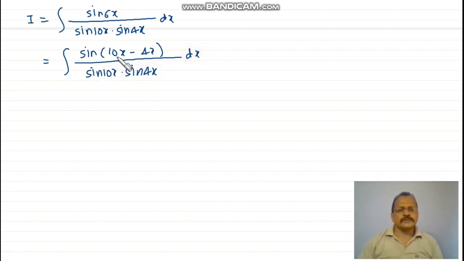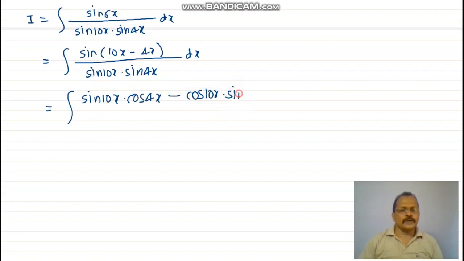Use the formula of sin a minus b, and here it is sin 10x into cos 4x minus cos 10x into sin 4x divided by sin 10x into sin 4x